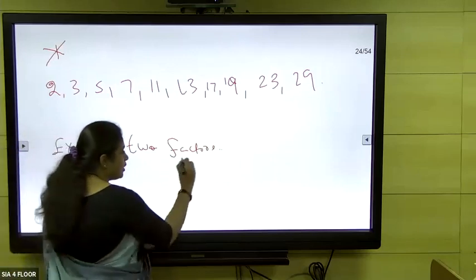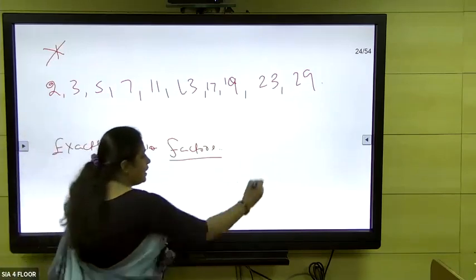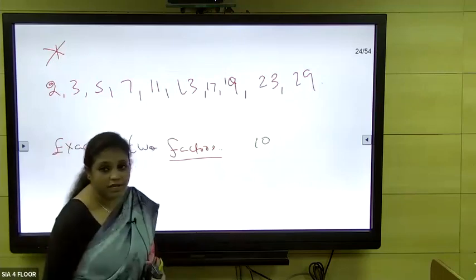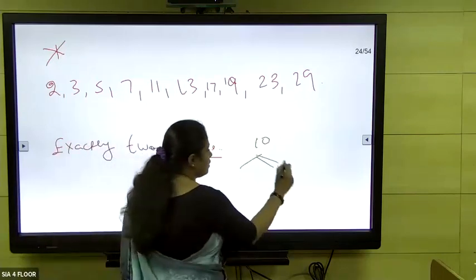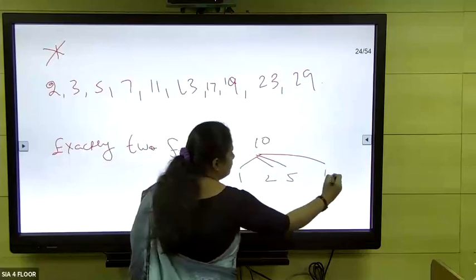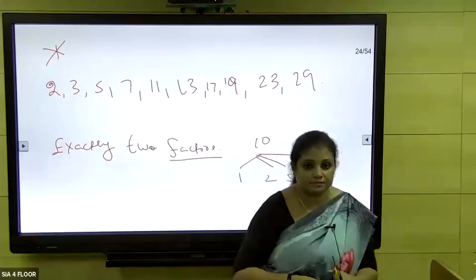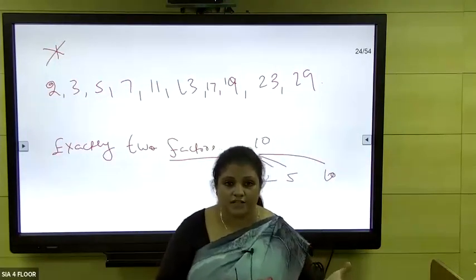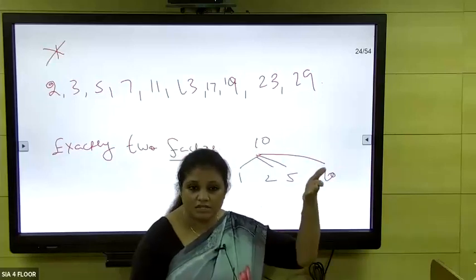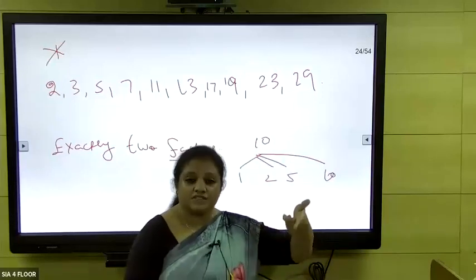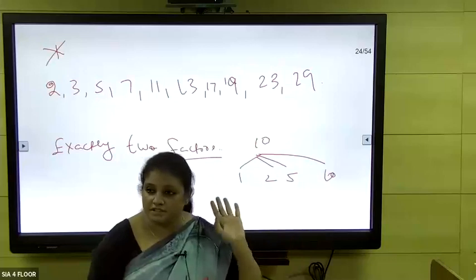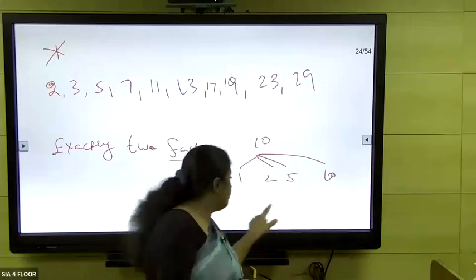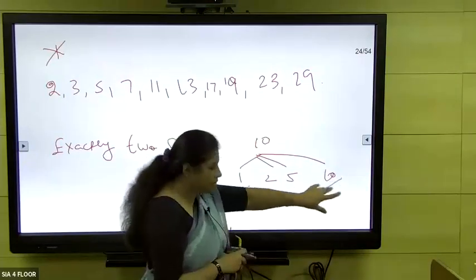You know what is meant by factor. I hope everyone knows what is meant by factors. If you take number 10, what are all the factors of 10? 1, 2, 5, 10. So these are all the factors of 10. So hope you understood what is meant by factor. Factor means the numbers which are below 10 and which are divisible by 10. Those are the factors. You have to include 1 and the same number every time.